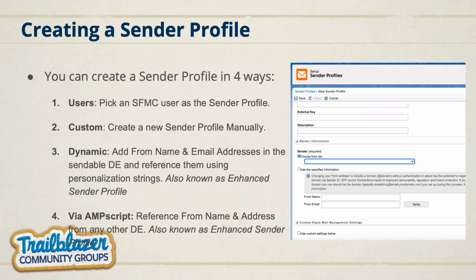How do you create a sender profile? There are four different ways. You go to the part of the account setup where you set up sender profiles. You can very simply choose from list. Choose from list means all the current users of your account. So right now you saw Natasha Gilani, I'm a user of the Marketing Cloud account. If you're a marketing team and everyone has access to Marketing Cloud with their access details and their users, you can choose any one of them